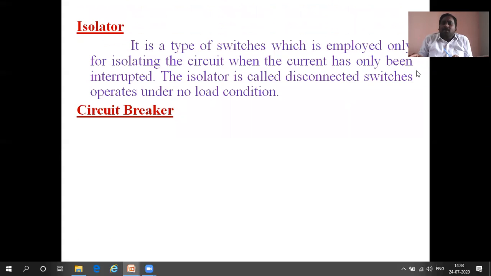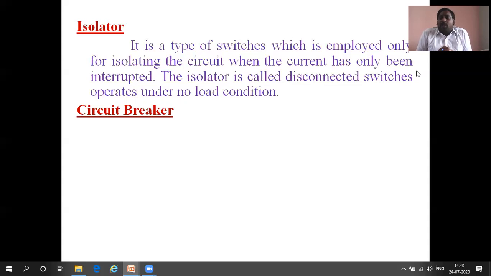Next, circuit breaker. What is a circuit breaker? It is a load switch. Simply, the load is operating. Suddenly, a fault occurs in the system due to any reason. What happens? Our equipments burn out. But if we use a circuit breaker, we will protect our systems against the fault currents. A circuit breaker is a two electrode device which has one fixed contact and another moving contact. When a fault occurs, its contacts are opened. The moving contact is opened.